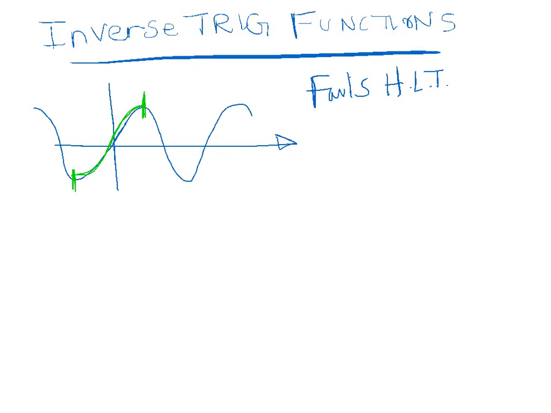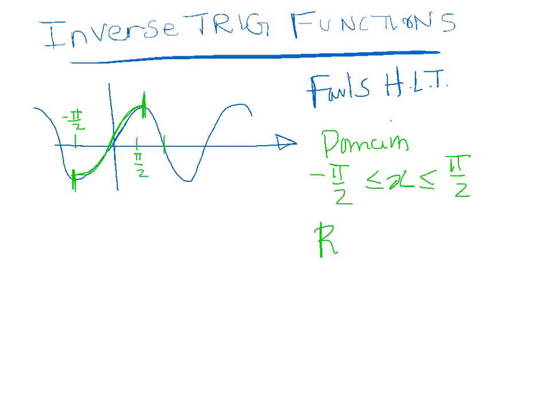So let's figure out where that was again. This was 0, pi. This was pi over 2. This is minus pi over 2. So I'm going to restrict the domain so that I can have an inverse function. So x has to lie between pi over 2 and negative pi over 2. And then we can talk about this having an inverse. On this interval, we should note that the sine is always increasing,